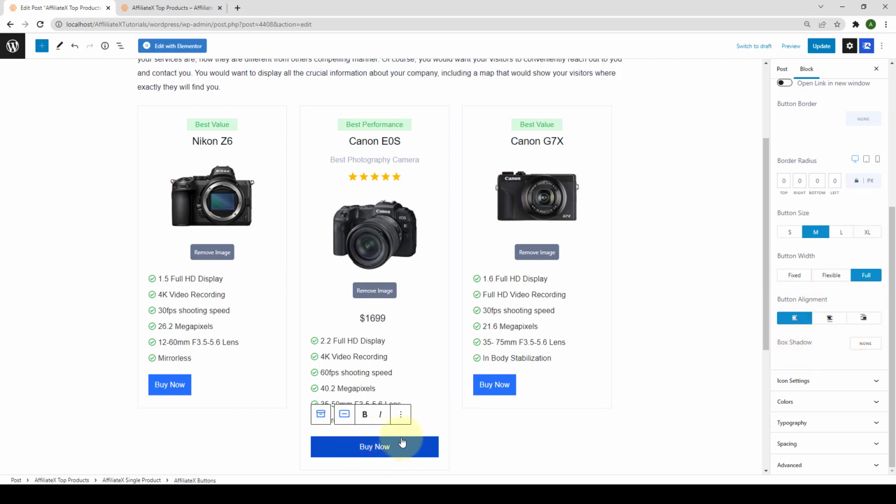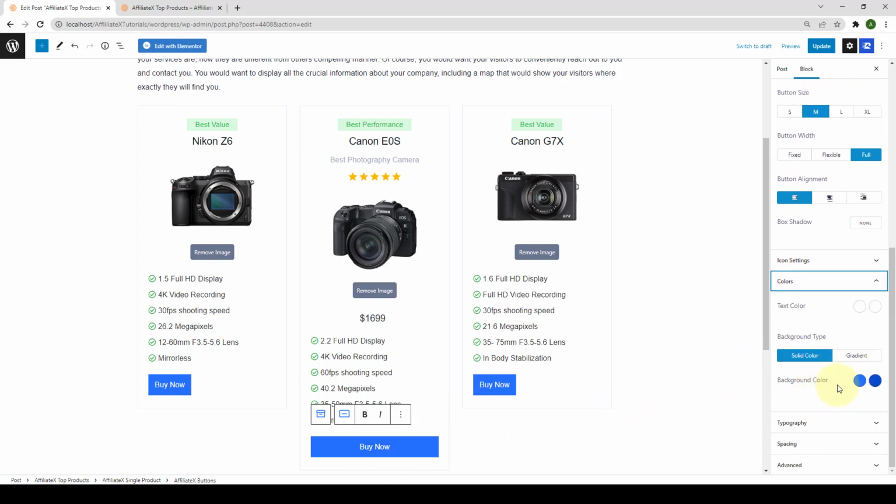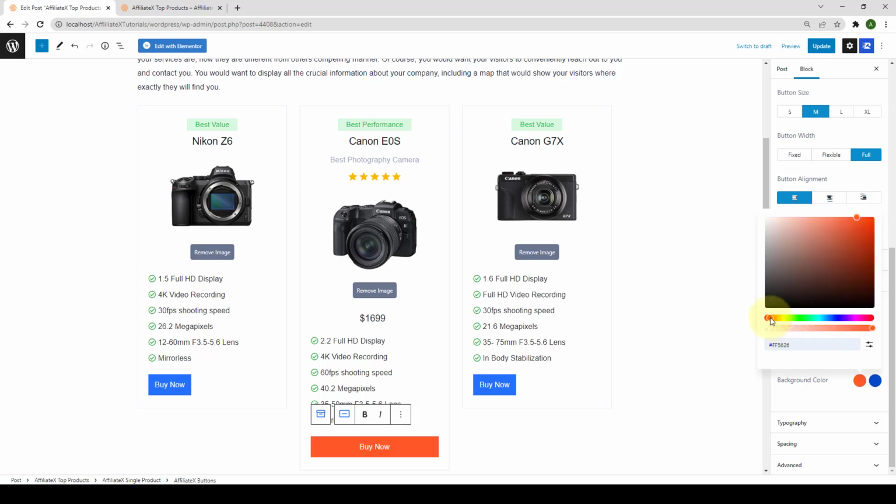If you want to change the button color, then you have to go to colors. And then with the help of the background color option, you can select a different color for your button. Click here, select the color of your choice, adjust the tone, which will change the color of your button.